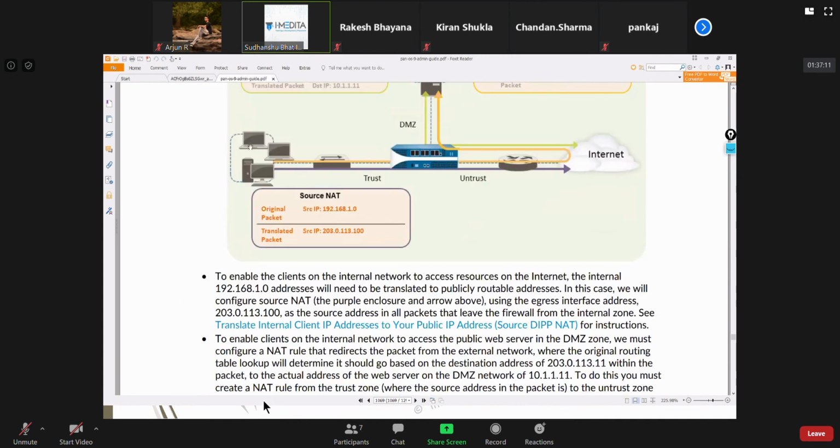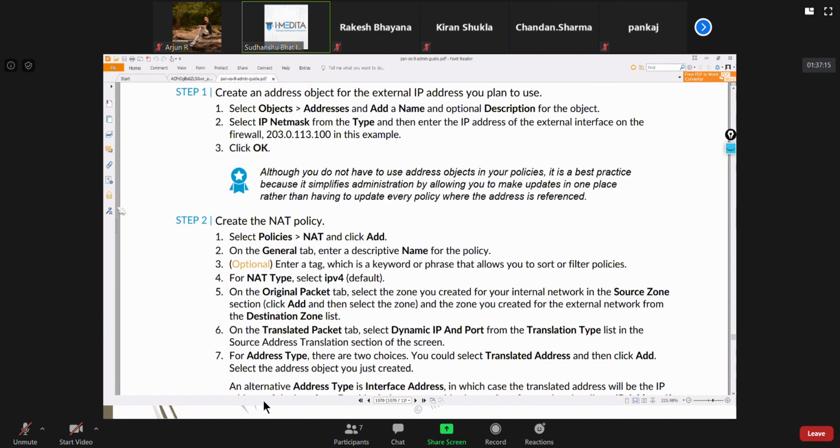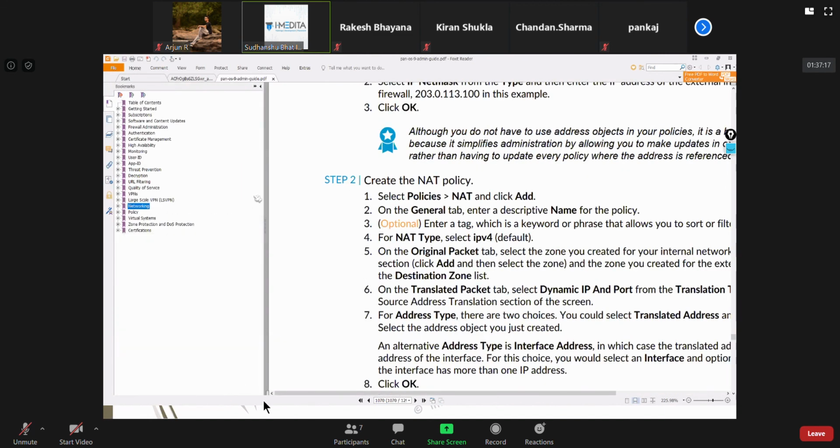I highly recommend to read this section of the PAN-OS admin guide, because as an R&S engineer, if you leave NAT or if you just learn the basics of NAT, it works. But as a security engineer, you need to have a very strong hold on NAT. If you don't have that, it becomes very difficult to do the job properly.